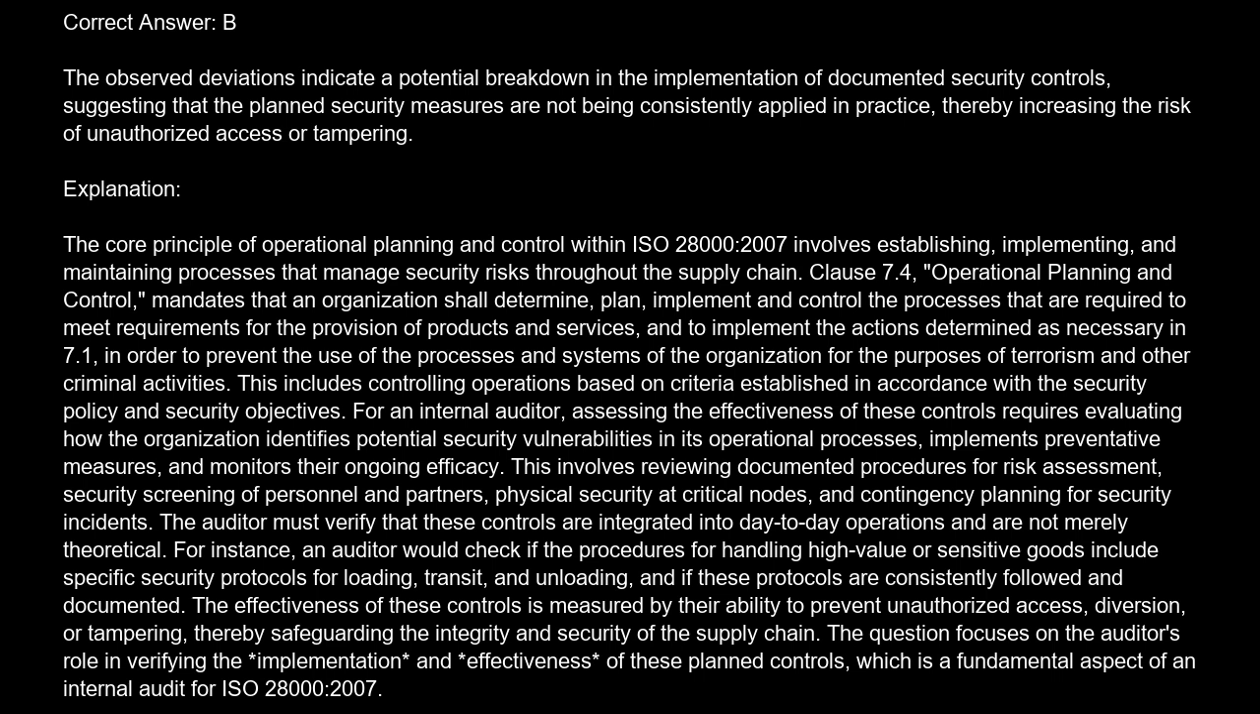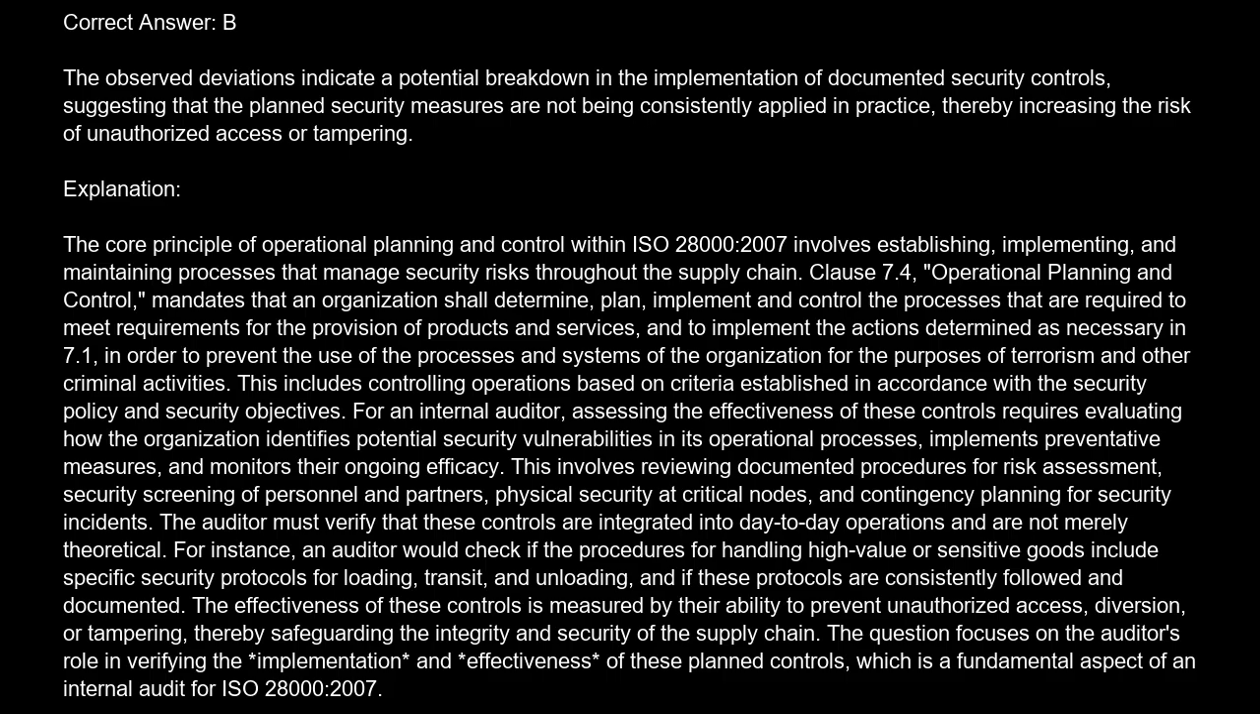Explanation. The core principle of operational planning and control within ISO 28000-2007 involves establishing, implementing, and maintaining processes that manage security risks throughout the supply chain. Clause 7.4, Operational planning and control, mandates that an organization shall determine, plan, implement, and control the processes that are required to meet requirements for the provision of products and services, and to implement the actions determined as necessary in 7.1. In order to prevent the use of the processes and systems of the organization for the purposes of terrorism